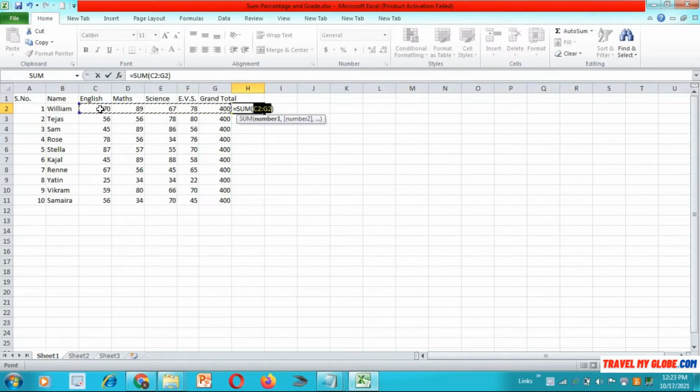For example, you want to calculate the sum of marks obtained by students in English, maths, science, and EVS, but not for the cell G. So just don't select it. Select this range only. This is the cell address. You are going to calculate the sum of English, maths, science, and EVS. Just press enter and you will get the sum.